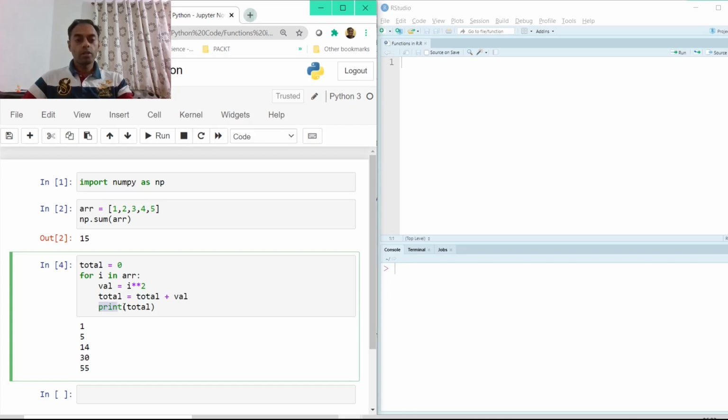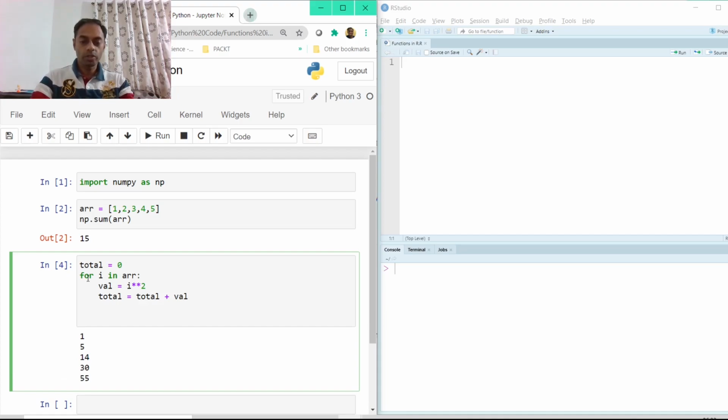But I don't want the sum. I want the average of all these numbers. So to find the average, I need to complete the for loop, get the total, and now I have to divide the total by the number of elements in that array. So to come out of the for loop, I have to click on the backspace so that I'm exactly at the same indentation as the for loop.